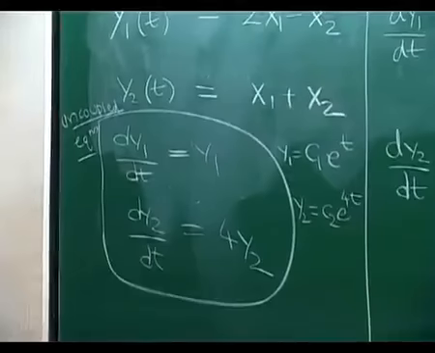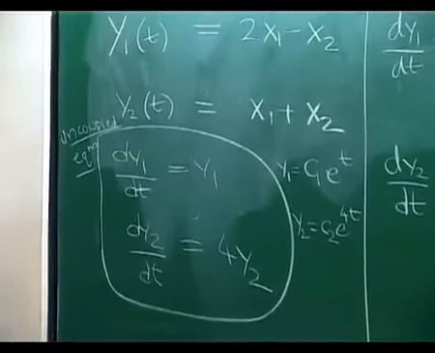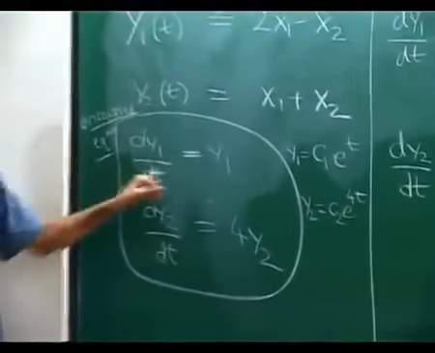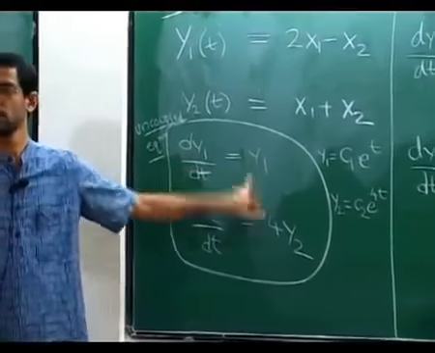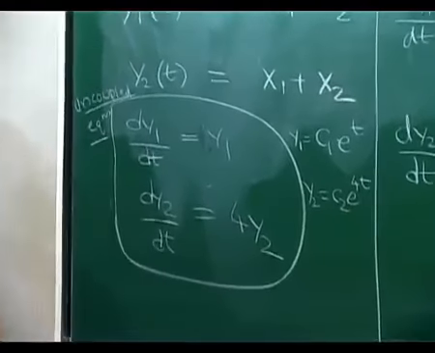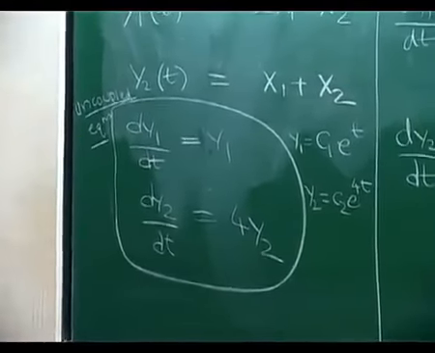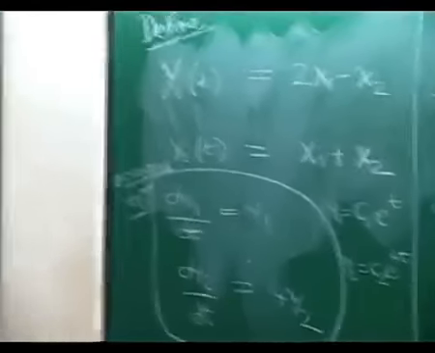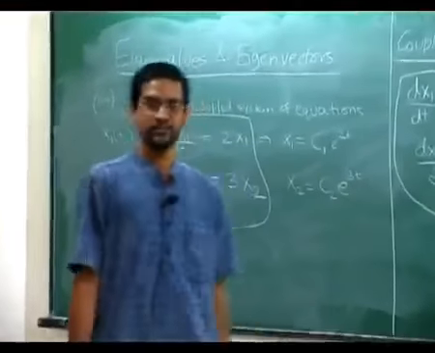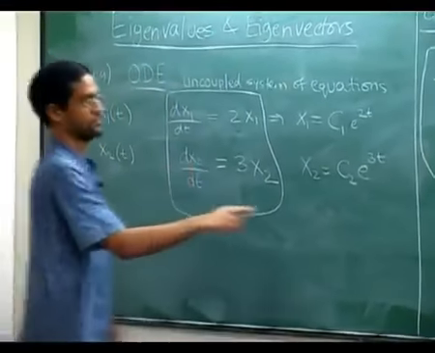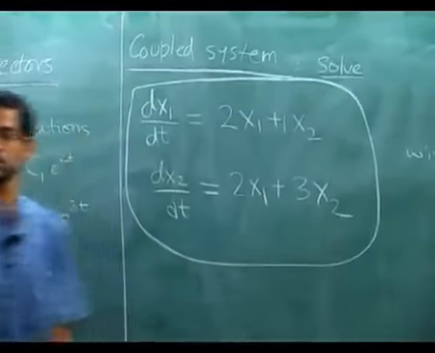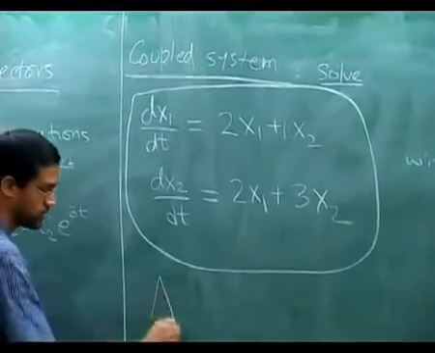This is fine. Now what did we get? What are my new equations like? dy1/dt is 1 times y1 and dy2/dt is 4 times y2. So it's not a coincidence. Where did you see 1 and 4 before? They were the eigenvalues of what matrix? The matrix 2, 1, 2, 3. So it's not a coincidence.